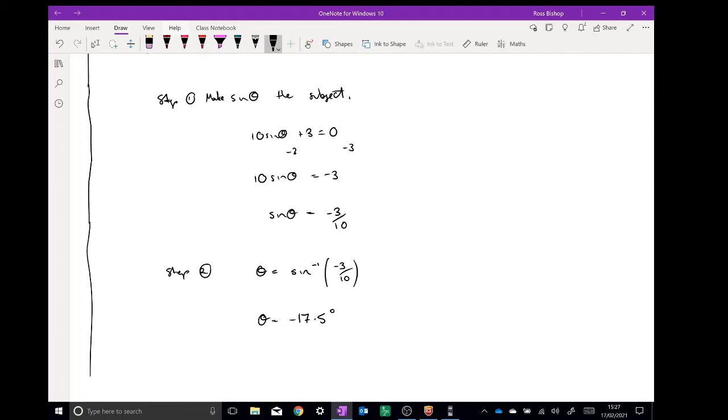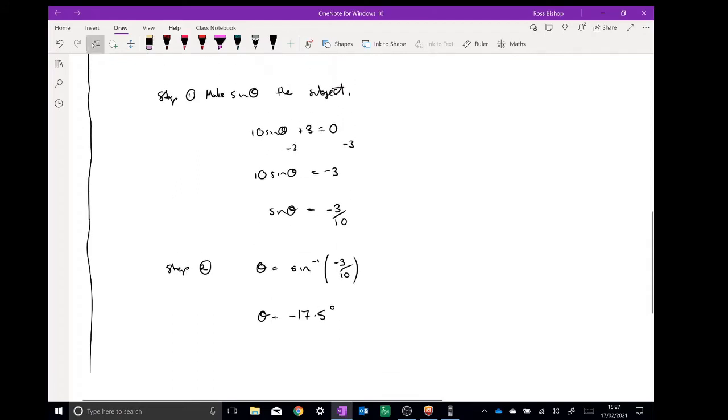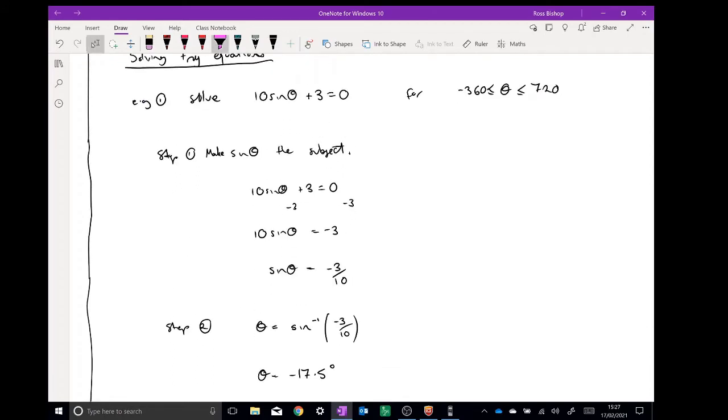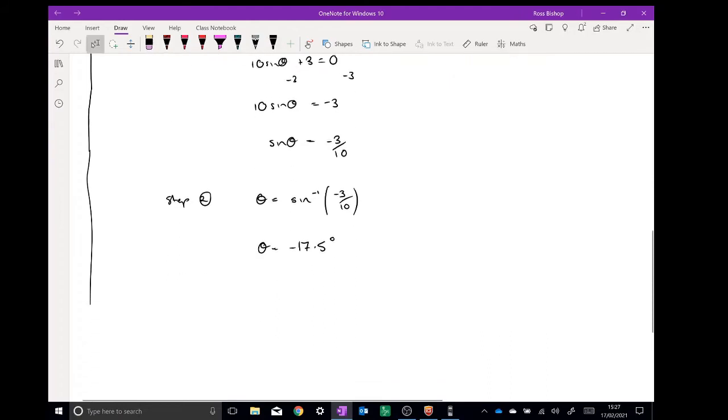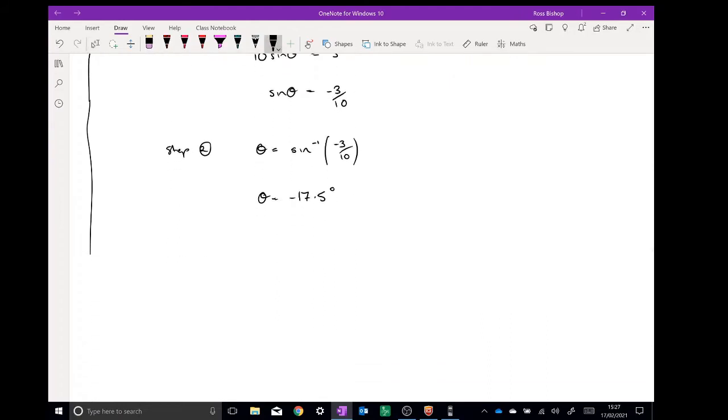Okay? And at this stage, usually you probably would have stopped, actually, but we've got more solutions. We've got more solutions. And if I look back at my question, this is what's important. It's all the solutions between minus 360 and 720. So I'm going to show you a tip to do this afterwards. But how this works is I'm going to draw the graph of sine